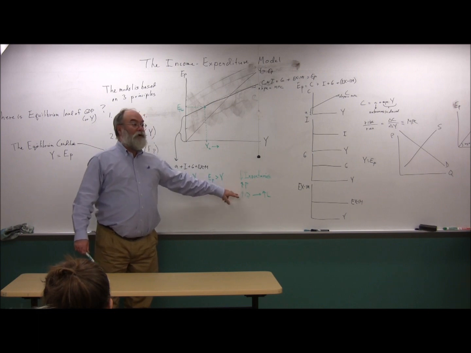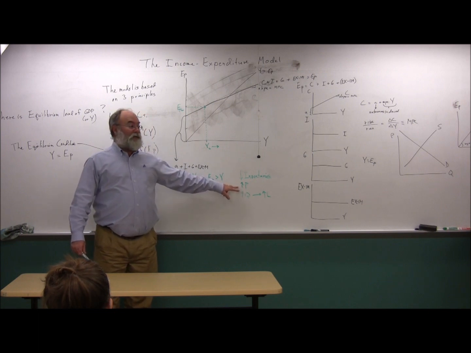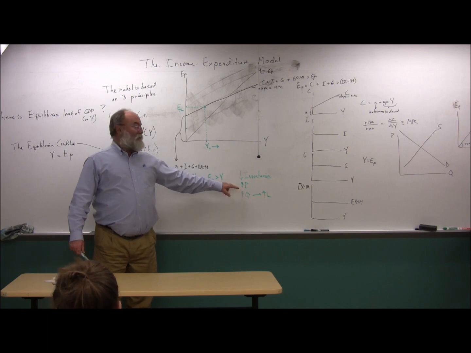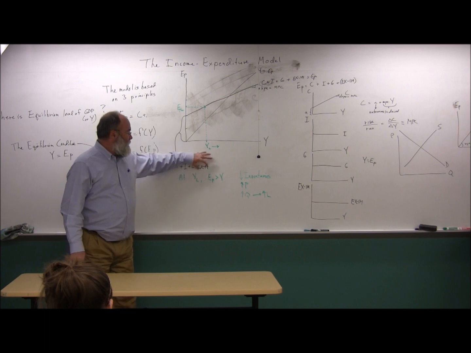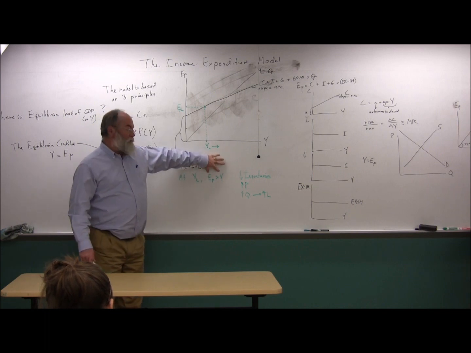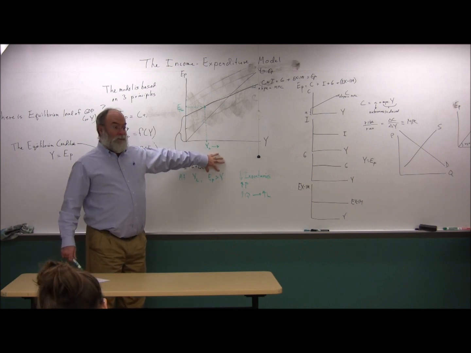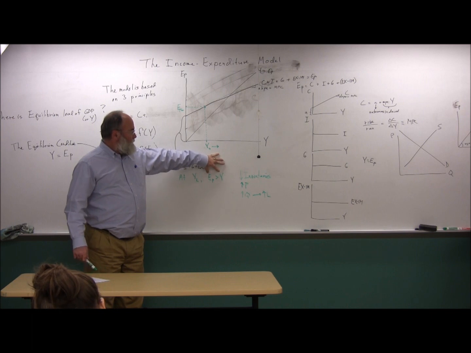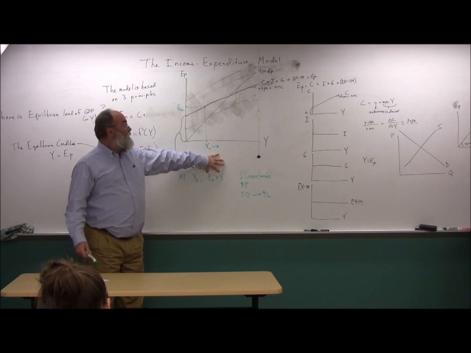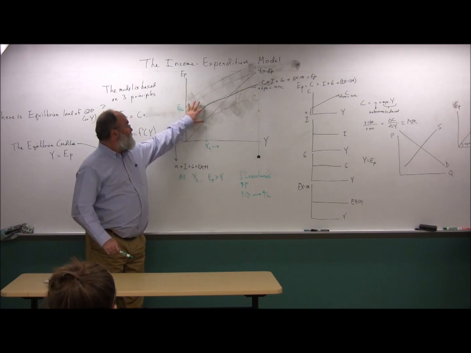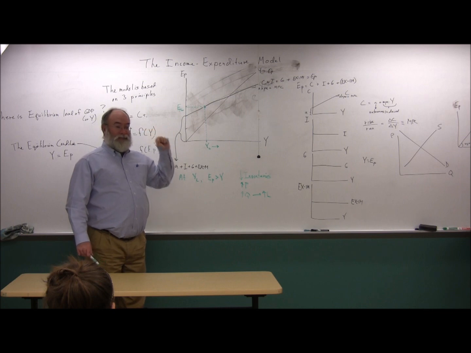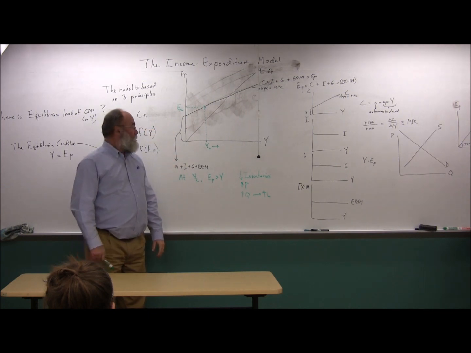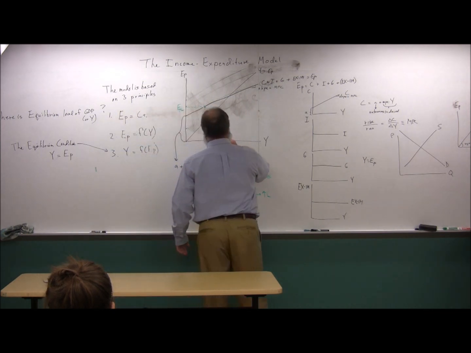The increase in price and quantity. What's causing the increase in price and quantity? The increase in demand. Or more precisely, the fact that spending is greater than production. Where do you see this difference on the graph? Well, spending is greater than production. This distance here is causing the dynamic to occur. So when GDP grows to here,